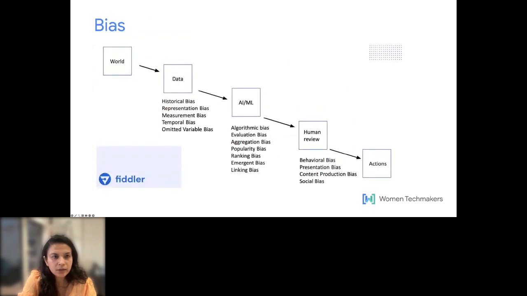So another challenge in large language models is bias. Bias is there within us as a society, so that basically flows into the large language models as well. If you see over here, we have historical bias, we have representation bias. Historical bias is basically what is already there in our data. I'll give you an example of